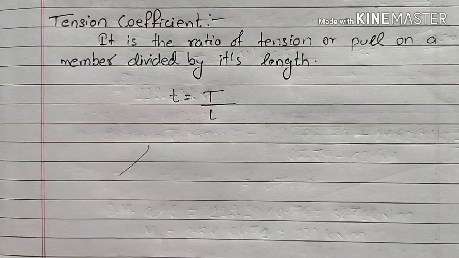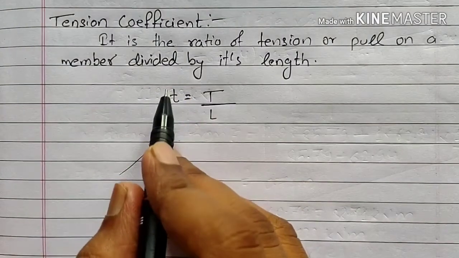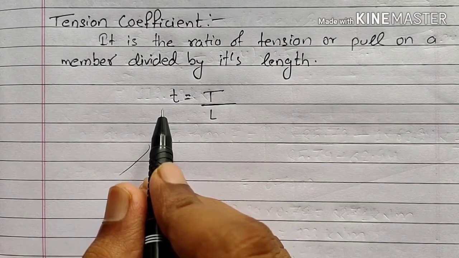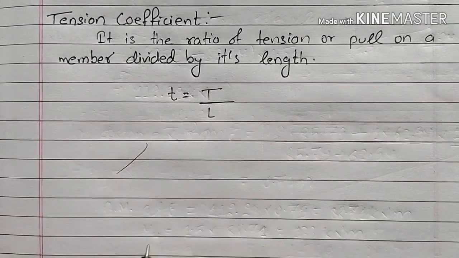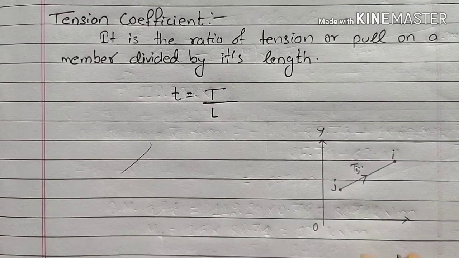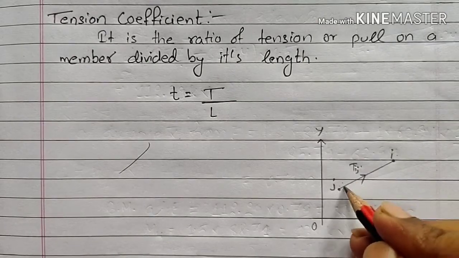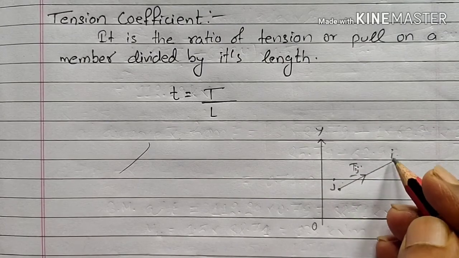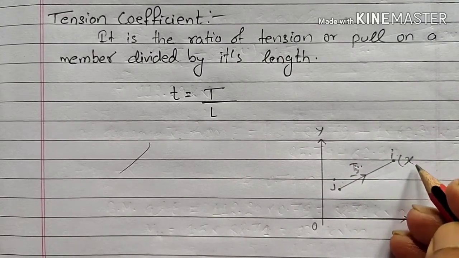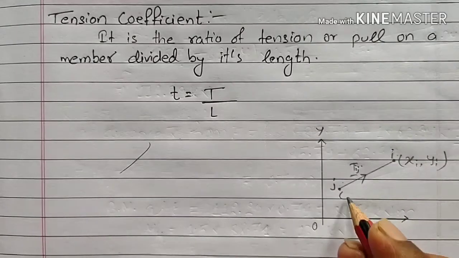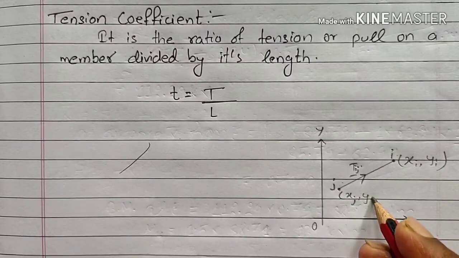So now after the definition, let's learn about the general equation for the forces along x and y direction with respect to tension coefficient. And for that I would need to draw a diagram. So let me draw this. Here let us suppose that Ij is the member of the plane truss on which the tension force Tij is acting, and let the coordinate of joint I be xi, yi. Similarly, the coordinate of joint j be xj, yj.